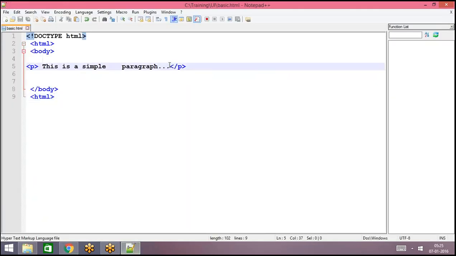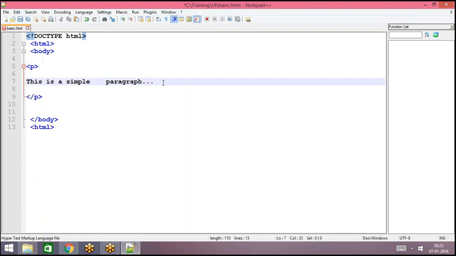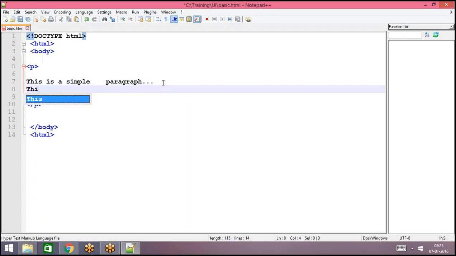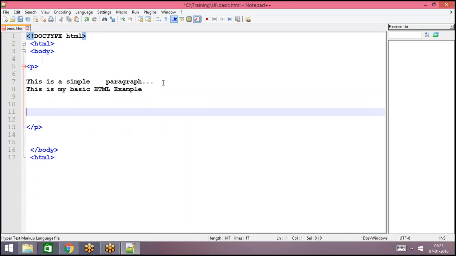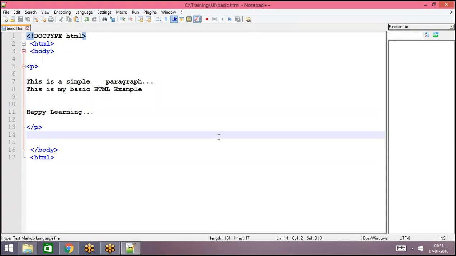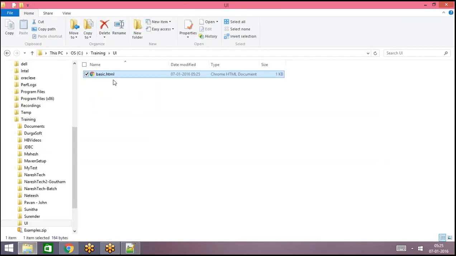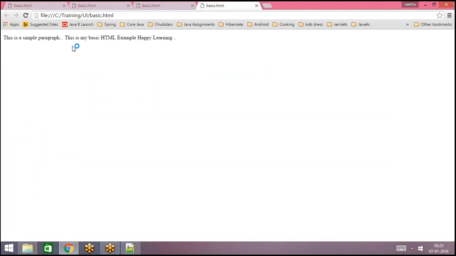We can write more lines for a paragraph also. Now I'm adding some more lines to this paragraph. And after this, I have added two extra line spaces, and then I'm adding one more statement. Now when this paragraph is shown on the web page, these extra spaces and extra lines are automatically removed by the browser.